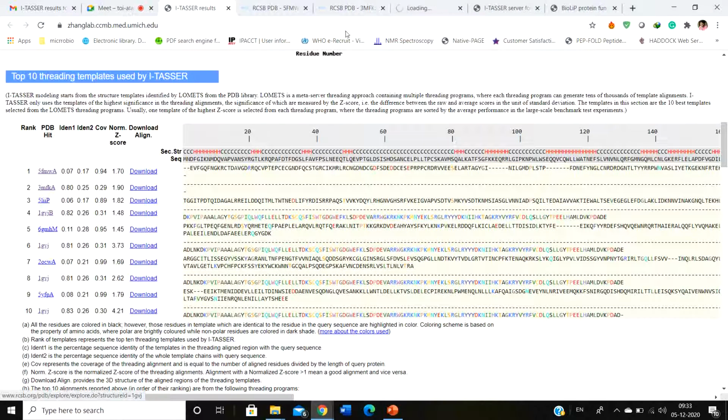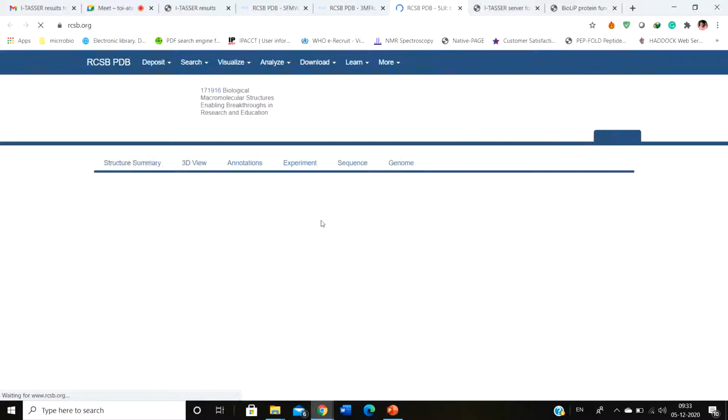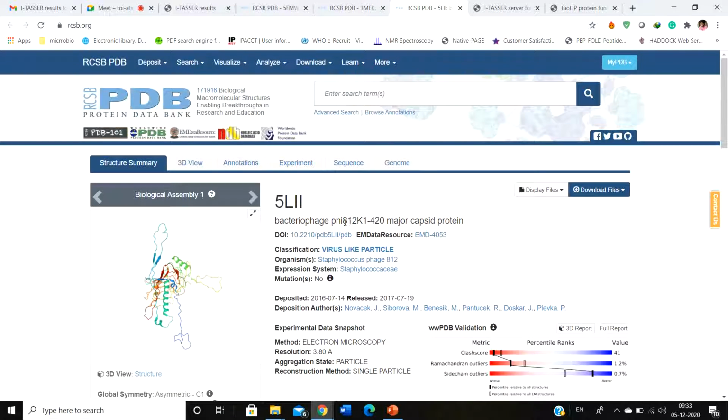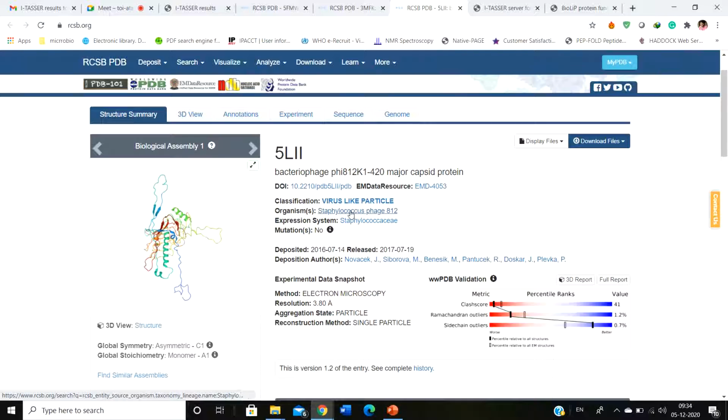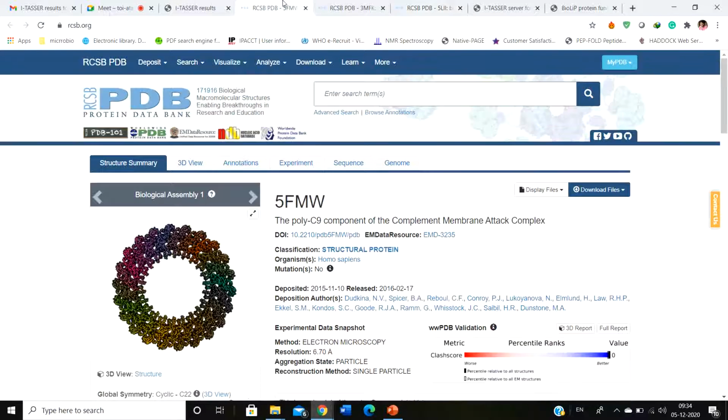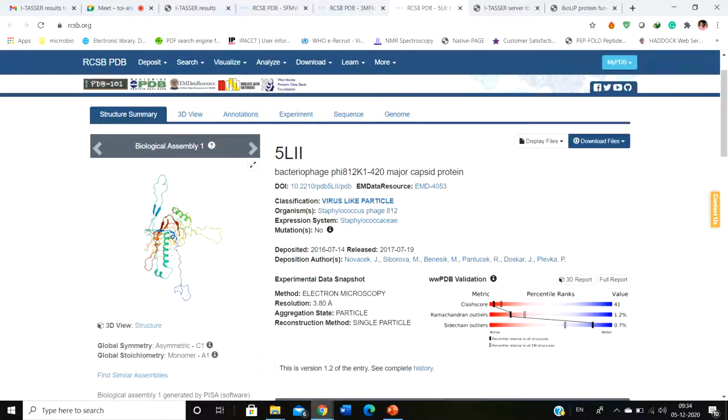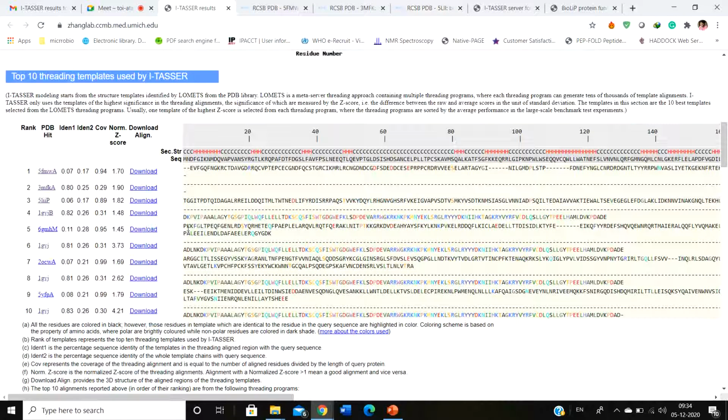Then I have this 5-LLIP. This is the bacteriophage 5812K 40 major capsid protein. But sometimes you're going to find, why is it not human, a viral protein, bacterial protein, why not human proteins? Because it is not searching the whole protein, but only the motif, the smaller domains. A particular domain might have a similar fold like this viral protein, and that's why it has taken this into account. And you can see their alignment scores.